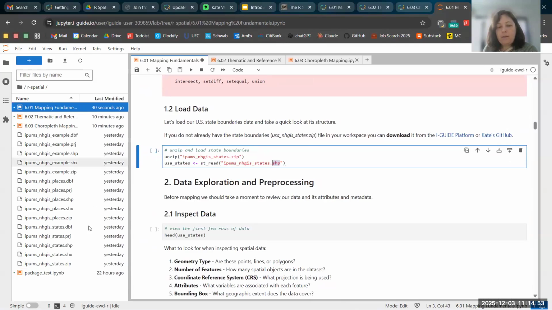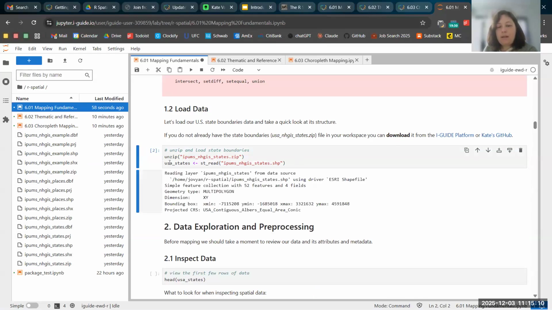If you're familiar with shapefiles, you know that a shapefile contains a series of files, including a .shp. So we'll unzip that zip file. It has already been unzipped in my working directory, but this will just override that. That will open up all those extra files, and then we will read in the SHP component into this USA